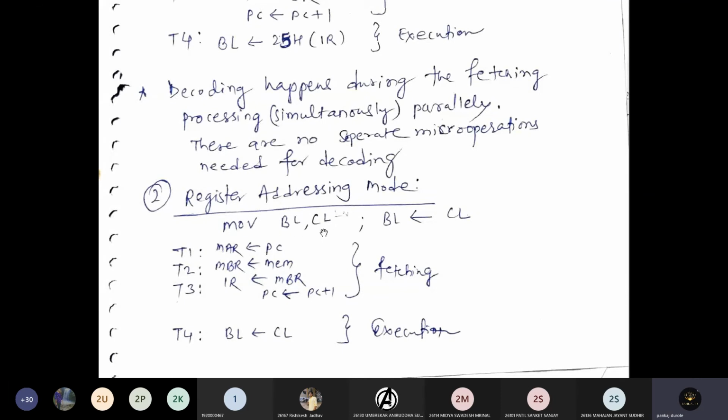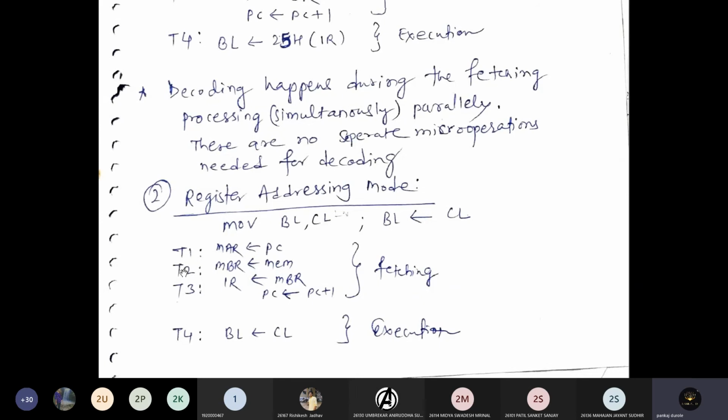So from CL, the data is going to BL. The contents of CL are moved inside the BL register. This is the process that is happening inside this instruction. Now we will write the micro operations for MOV BL, CL.